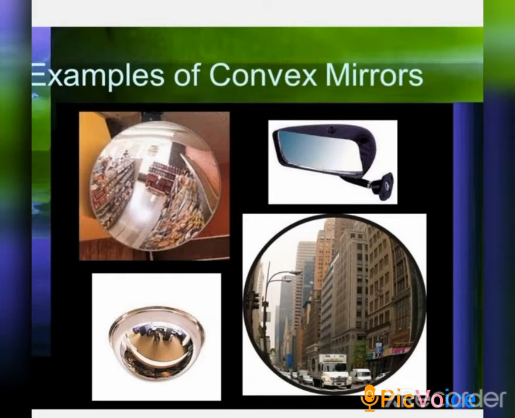If it is a normal mirror, you can see only a few vehicles at the back of you. If it is a convex mirror, you can have a view of a large number of vehicles and the entire road would be visible in the mirror. This is the reason why it is kept in your bikes.